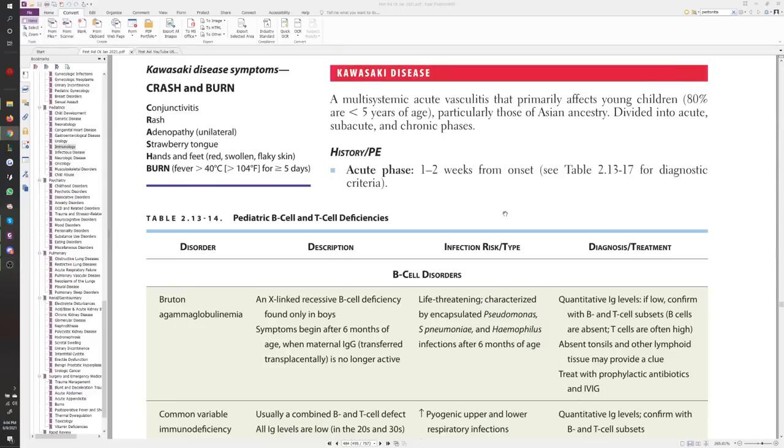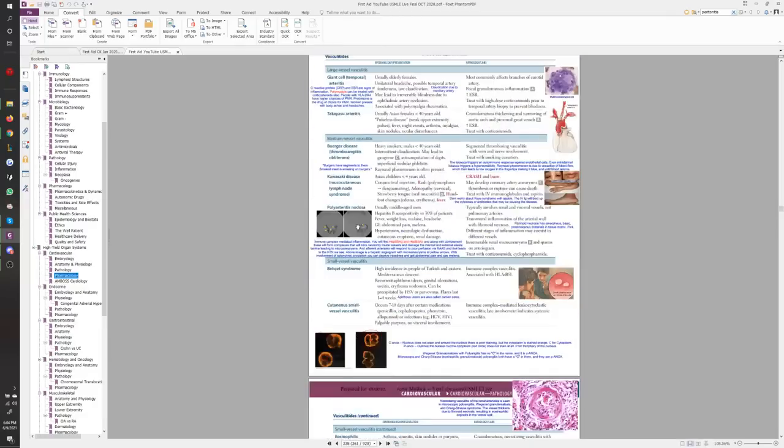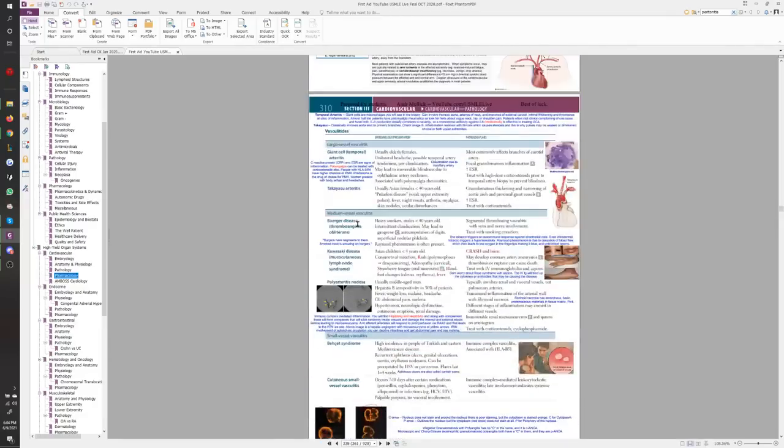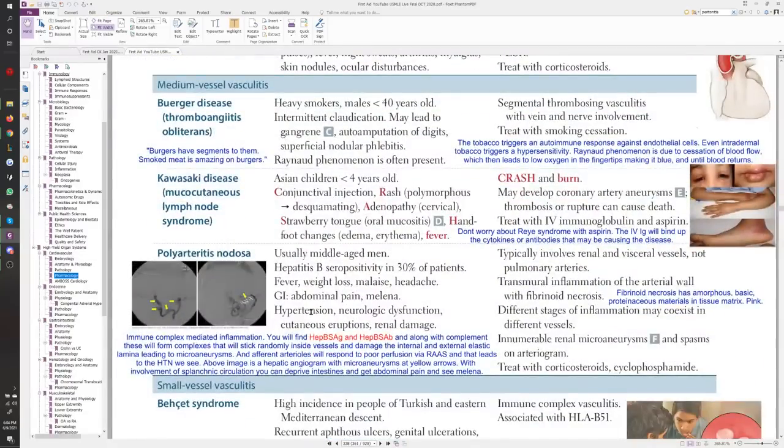So now we just have two topics left here in immunology. First one I'm going to look at right here is Kawasaki disease. Back in step one, Kawasaki disease was discussed in cardiovascular pathology, with the vasculitides. Yeah, right there. Although it was a pretty prominent topic in step one, it wasn't really that popularly